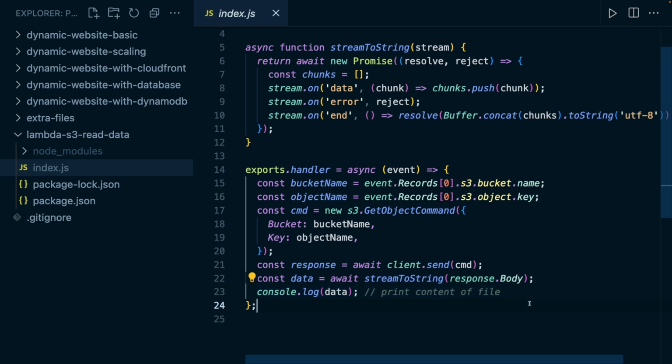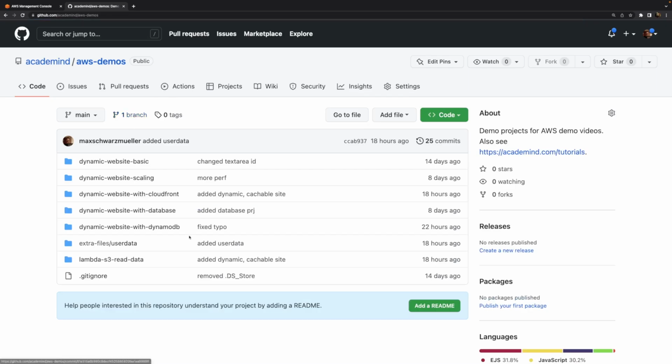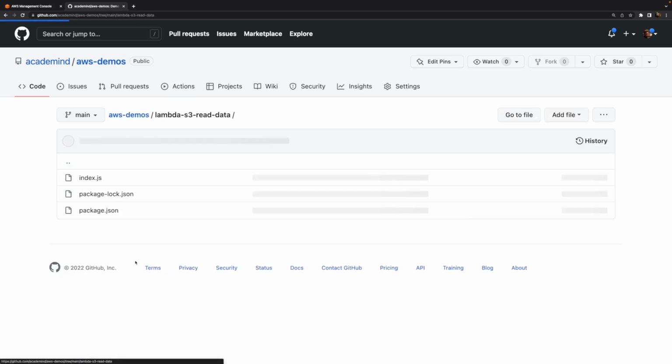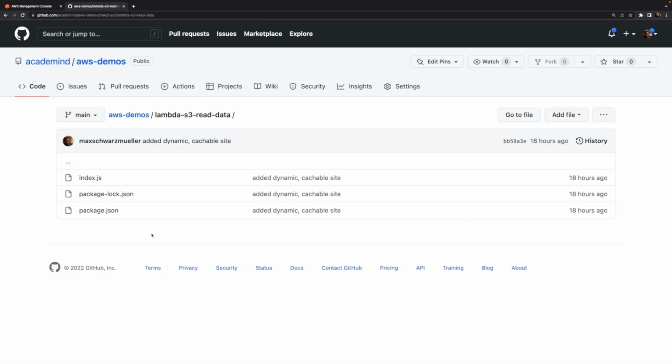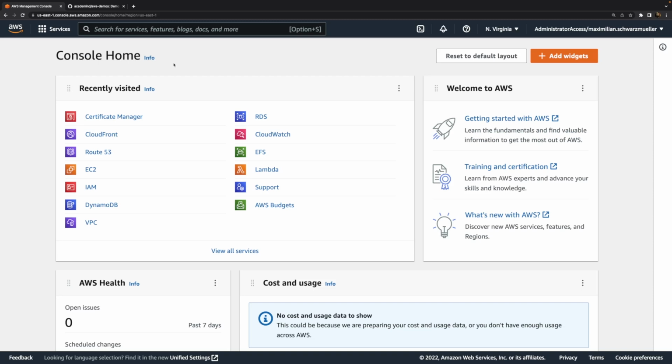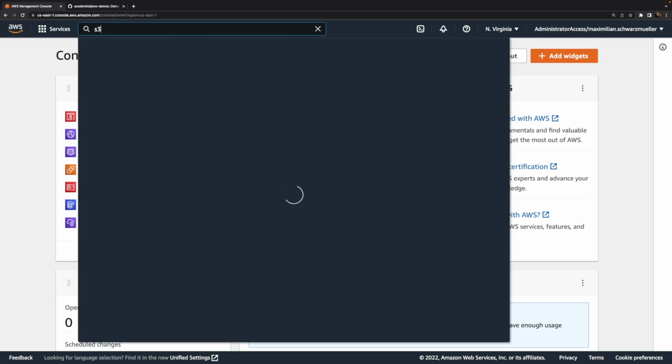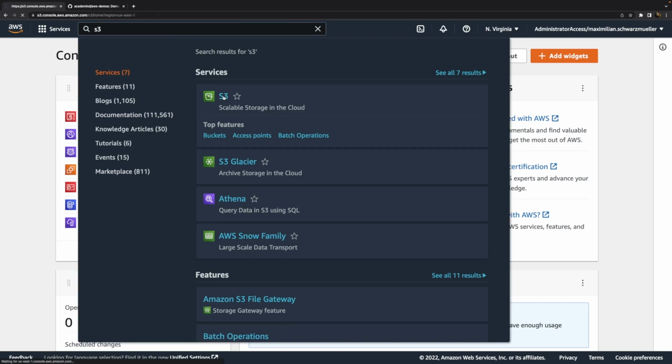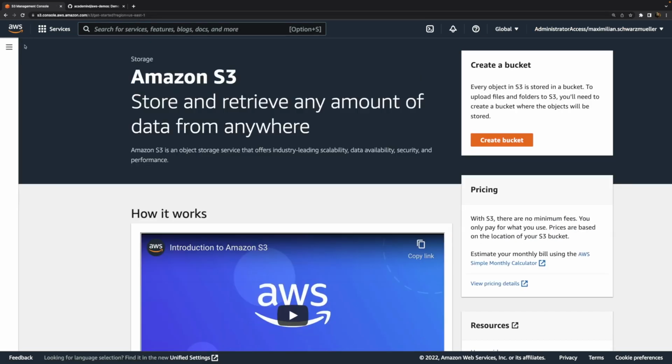Now for this video, I also again prepared some code. The code we'll use in a Lambda function, and you find this code attached so that you can follow along if you want to. Now in this video, as mentioned, we'll use S3 and Lambda, and since I'll use an S3 bucket as the trigger for a Lambda function, I'll first create that bucket on the S3 service page.